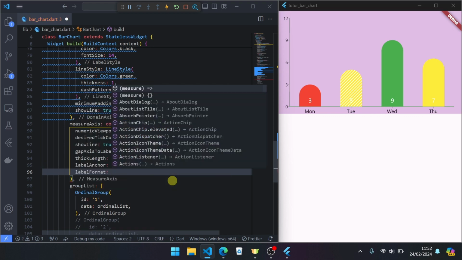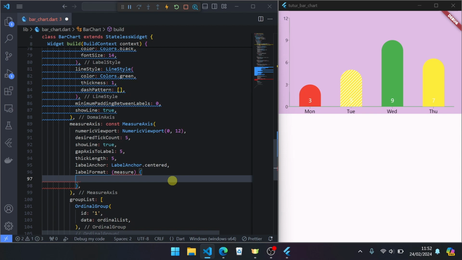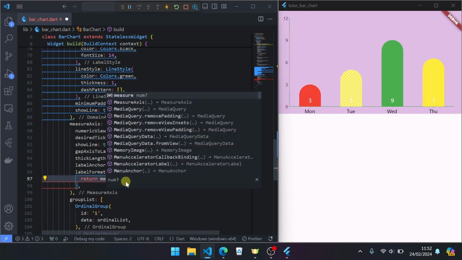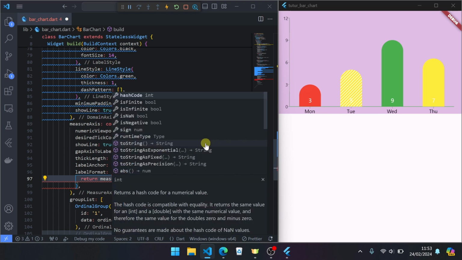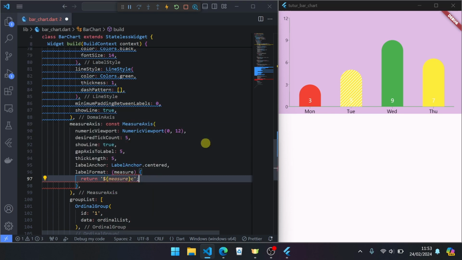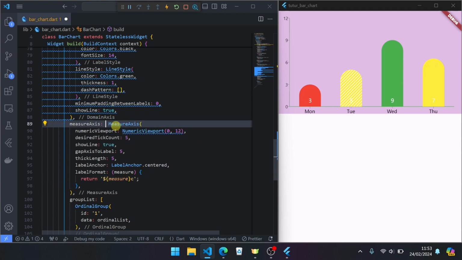Next, label format. The return type is string. If you want to add units to the measure value, you can set it here. Return measure and add a unit, for example, kilogram or centimeter or kilometer or Celsius maybe. Measure to string interpolation, constant, clear, save.